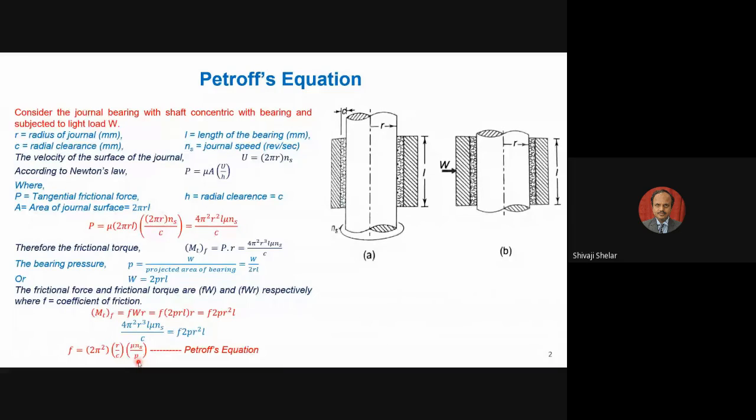So selection of bearing pressure, selection of the right lubricant to maintain that viscosity at that temperature, the application speed, radial clearance, and the radius of the shaft decide the friction value. So for every application, even for the same application, if we change the speed, then the coefficient of friction value also changes at that location. So it is very difficult to use Petrov's equation in the analysis of journal bearing.